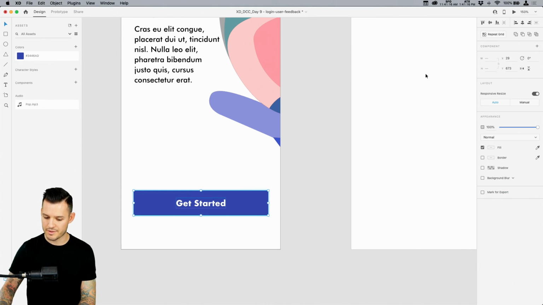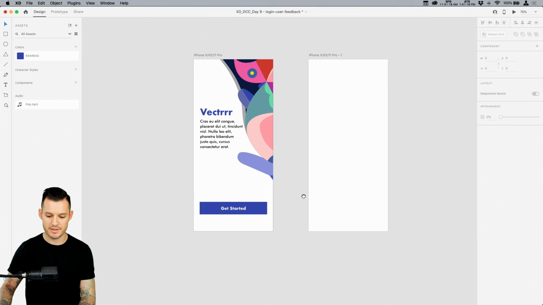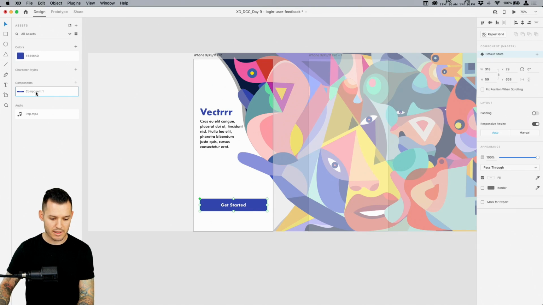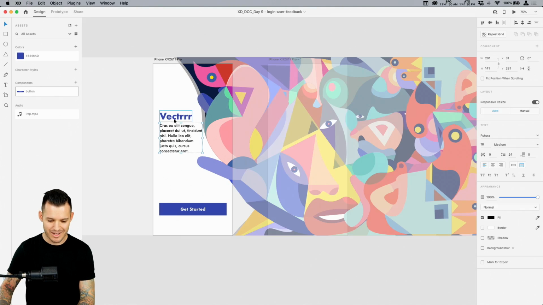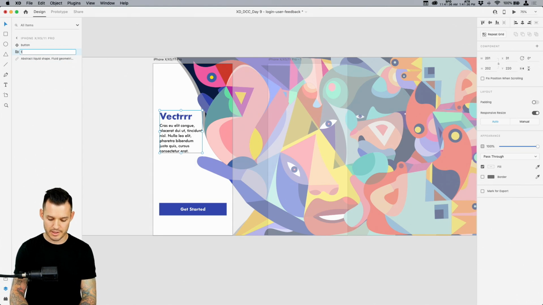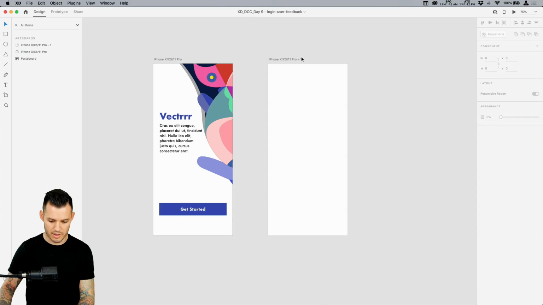I like buttons. I'm really like a big stickler for buttons having the right kind of space and padding inside of them, right? Okay, we might as well just take this as well and press Command or Control K and make a component out of it that we will name button. We might need that, right? Okay, so now we can take this, the headline and this subtext and just call it text, and let's call it text 1 because we're gonna focus on a little bit of prototyping here in a second, right?